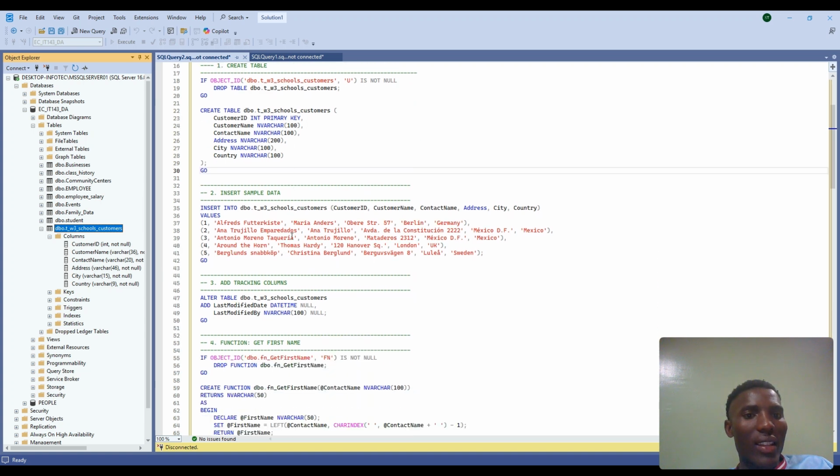And then to insert information in that table, you use the insert command into the table that you created, and you specify the columns, and then you can add that information in those columns. And then to add a tracking column, which is the date, which will be able to track when exactly some changes were made in that database. We can use the tracking column, since the table has been already created, we will alter the table